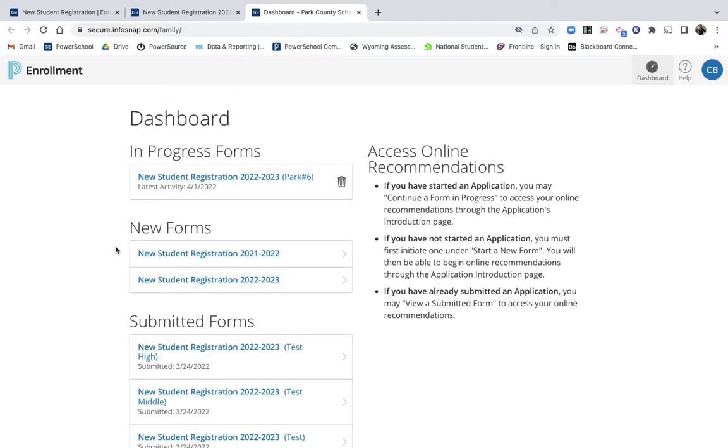So the first tip we have for you, make sure you do the correct registration. Currently, we have two registrations visible, the new student registration for 21-22 and the new student registration for 22-23. On your screen, you shouldn't see in progress forms. This is just for me to show you some test information. You may see submitted if you have previously submitted a form, but once you get logged in here, you should